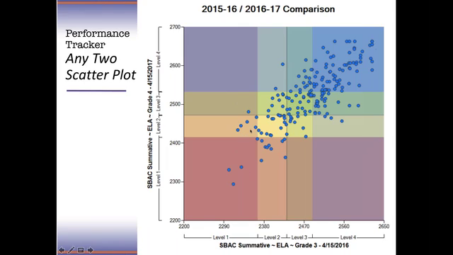So all of these students that are blue dots have taken both of these assessments. And if you look here, anybody in this first column scored a level 1 in grade 3. This column here represents a level 2, a level 3, and all of this is a level 4.